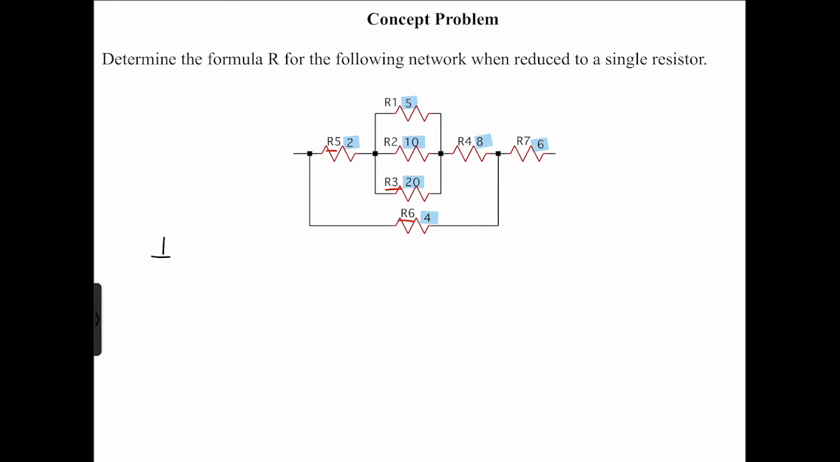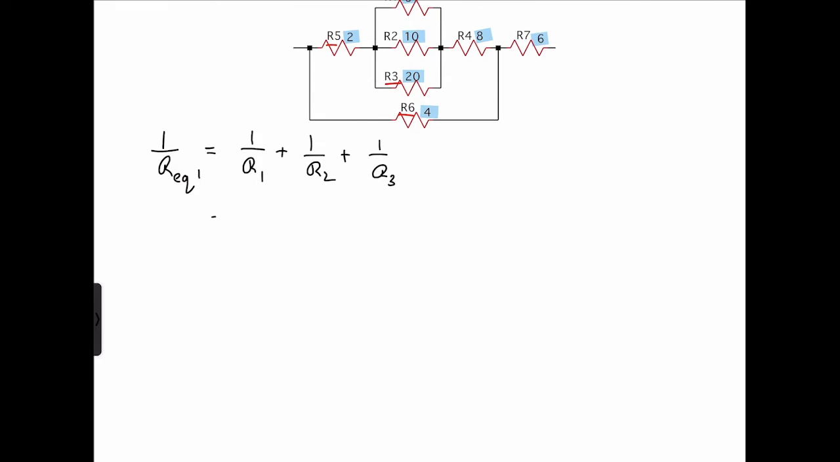So we can go ahead and write 1 over R, and we can call this R equivalent 1, is equal to 1 over R1 plus 1 over R2 plus 1 over R3. We can further simplify this by finding a common denominator. So we have R1, R2, and R3. We multiply